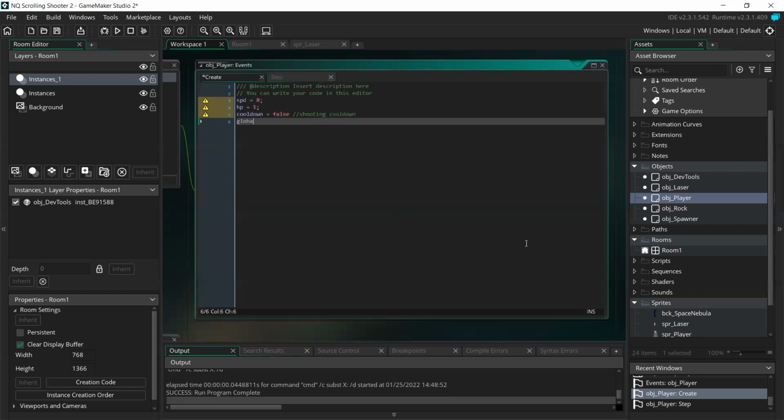And this check here is just to basically check and see if the player is dead or not. And we're setting up a global value here. That's what global dot is for. So global value equals false, and I'm going to set that up to our